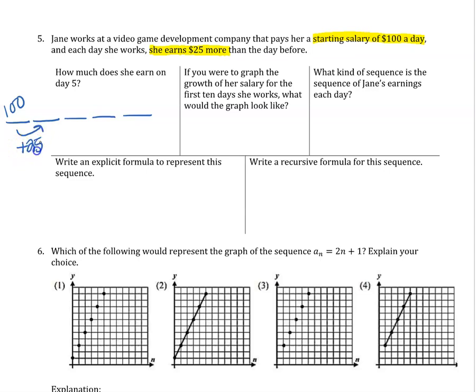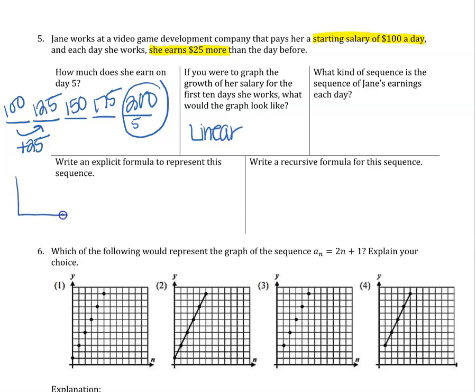And I'm going to add 25 per day. So this would be 125, 150, 175, 200. All right, so she's earning $200 on her 5th day. Now, since she's increasing by equal amounts over those equal intervals, so equal days, this would represent a linear graph. And if you're ever unsure,